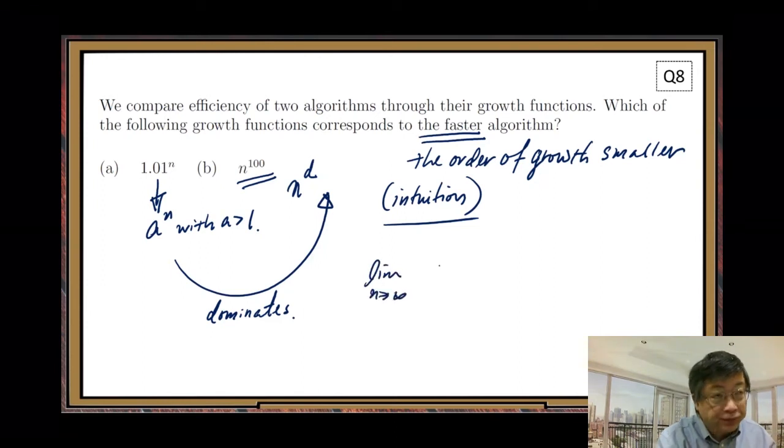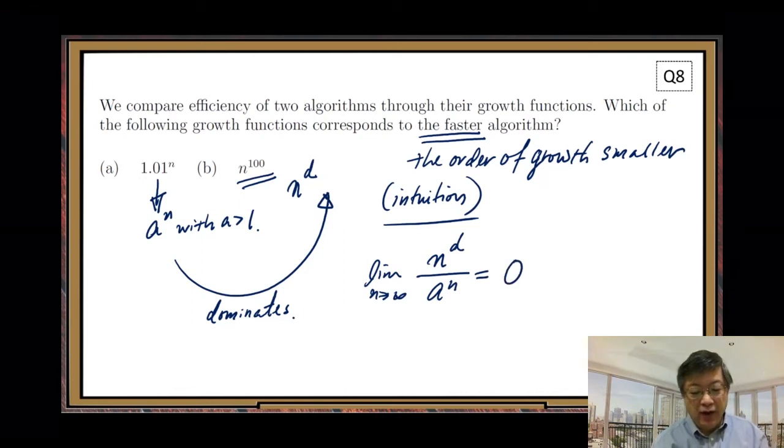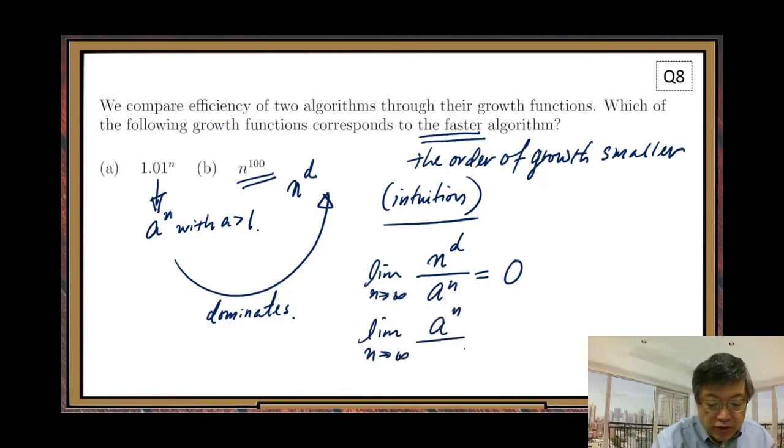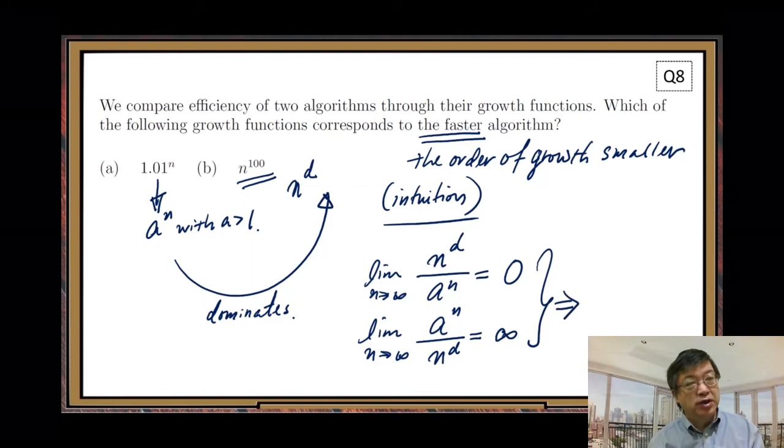All right, yeah. We can prove it. Either way, one way you use the ratio like this. This one you can show it is 0. Another way that sometimes you may use is to put an exponential function at the numerator and a power function at the denominator, and you will get infinity. These 2 ways, either way, from these 2 limits, you can get